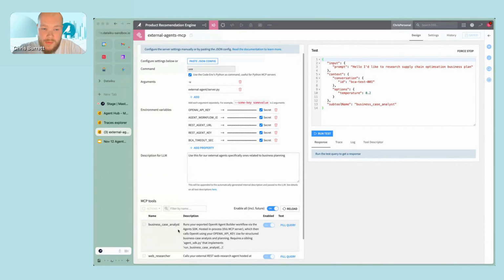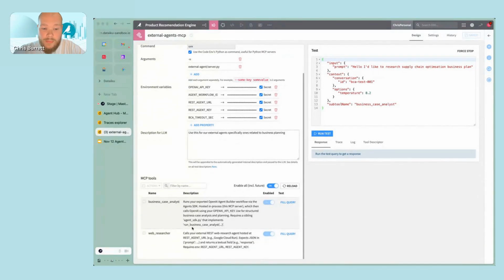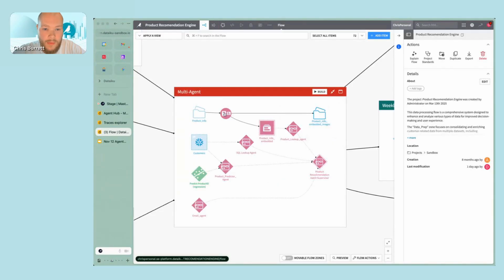So I may want to delegate to these external agents. I also have a web researcher, which I'm hosting myself, which I want to be able to delegate to as well. Here you can see how we can use MCP to delegate to different tools, but also to different external agents when we feel it's necessary. Now that we've understood how we can start creating those tools and connecting to various different systems like databases, models, and vector databases, we can go into agent here.